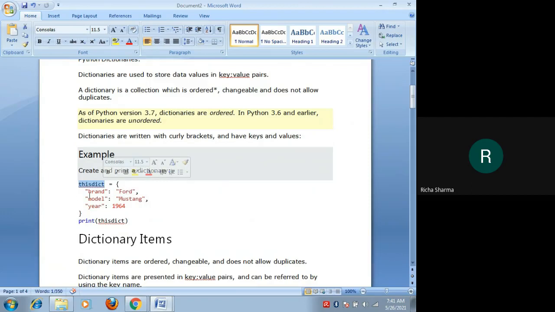So these are the key value pairs: first key value pair, then a comma; second key value pair, then a comma; and then the third key value pair. So in this case we are having three key value pairs, and in the last line we are having a print command, and in this print function we are passing this dictionary to print the dictionary. Fine. So in this manner we can create and print a dictionary.